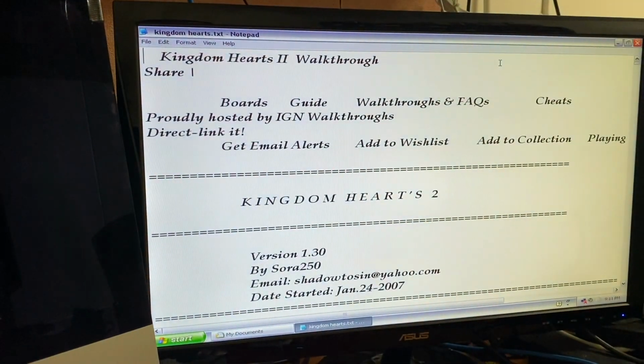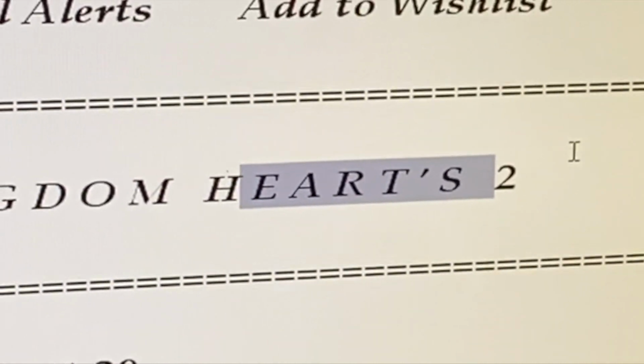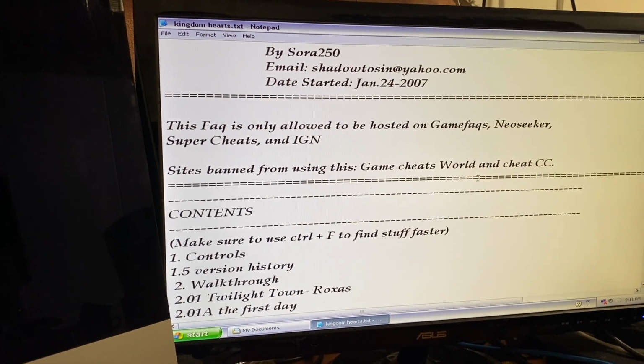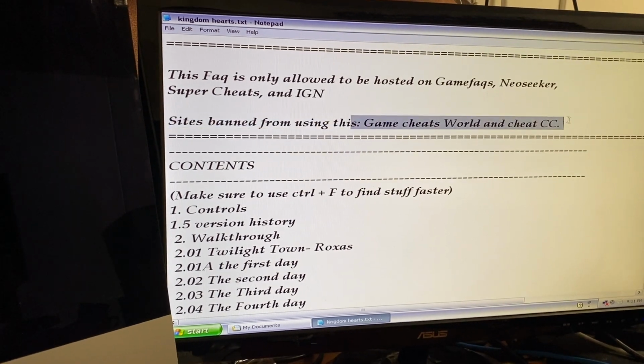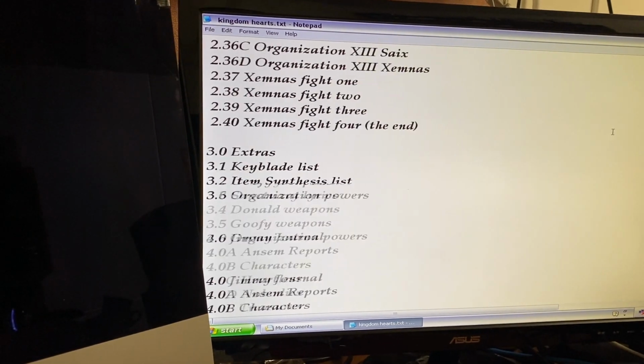You got a QuickTime installer. We got some kind of stuff. We got a bunch of text files. What is this? Oh, Kingdom Hearts with an apostrophe in there. This FAQ is only allowed to be hosted on GameFAQs, NeoSeeker, Super Cheats, and IGN. Sites banned from using this: Game Cheats World and Cheat CC. What? This must have been like some old...